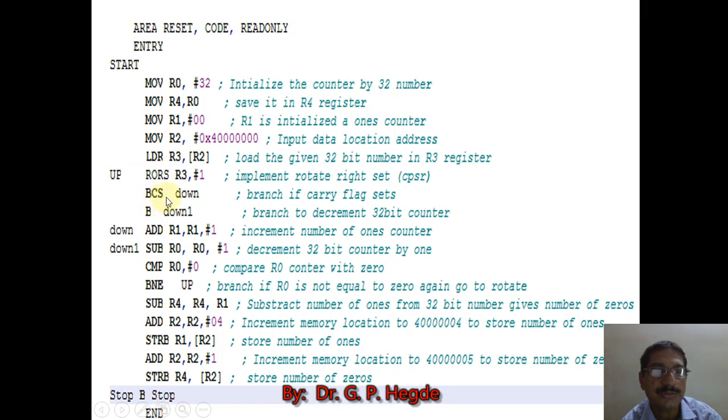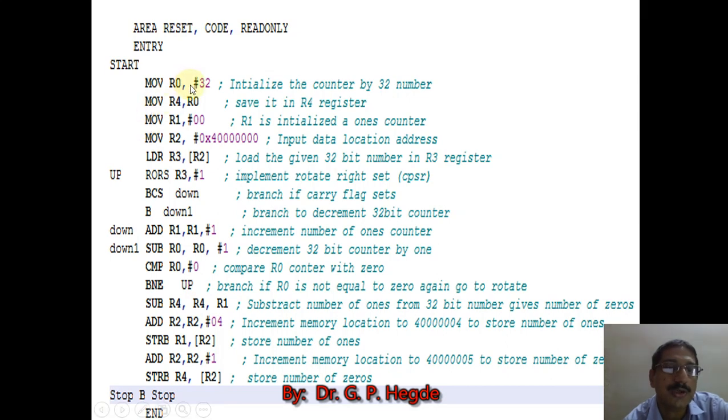If BCS is not true, that means the carry flag doesn't set, then simply branch down. Don't increment the ones counter, directly subtract R0 by 1, compare R0, that 32-bit counter. If it is not equal, again go up. Like this, the ROR instruction executes in this loop 32 times. Finally subtract R4 minus R1.